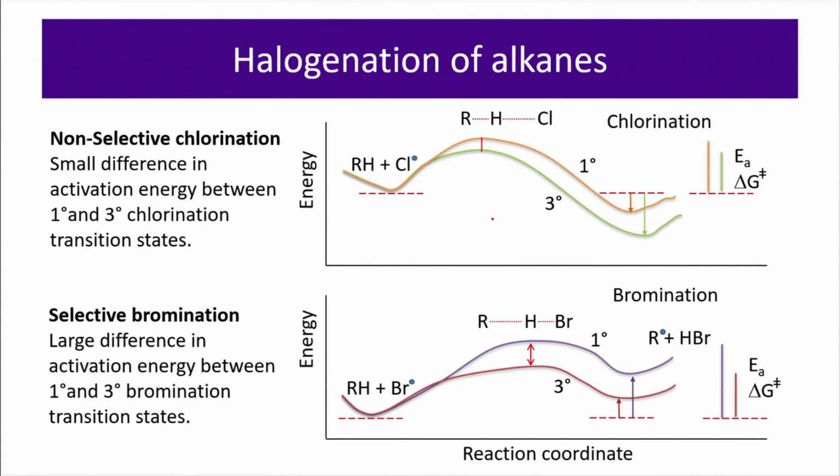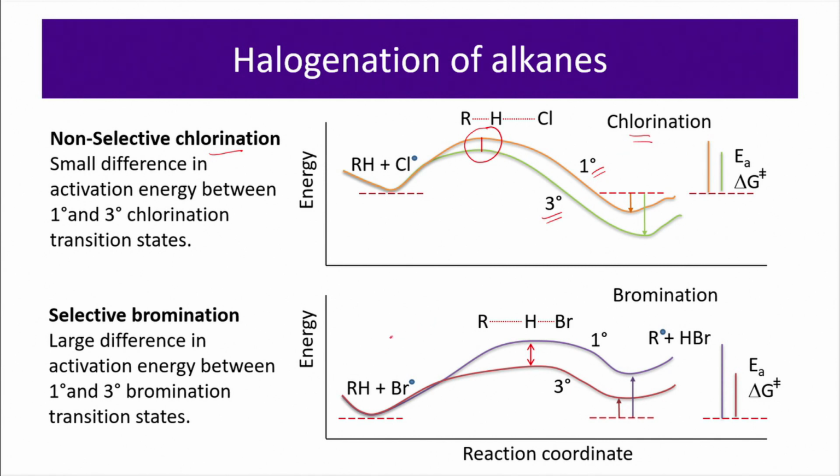So, if you look at the reaction coordinate diagram, we can actually see this particular reaction is non-selective, because we have a very small difference between the energy gap between the transition states for the primary and the tertiary product. So, since the energy difference is very small, both the reactions occur very effectively, or very fast. So, that is the reason the tertiary product and the primary product are formed exclusively in the case of